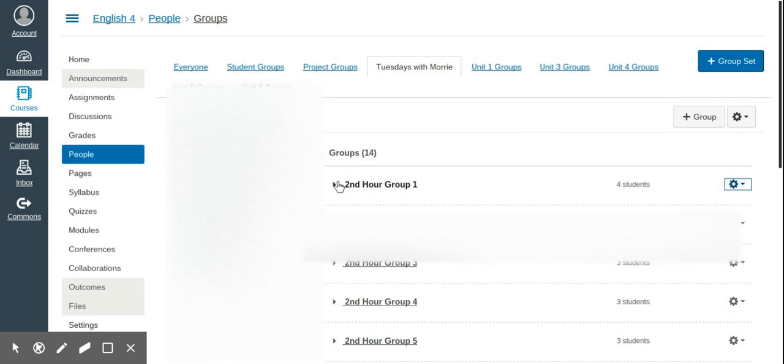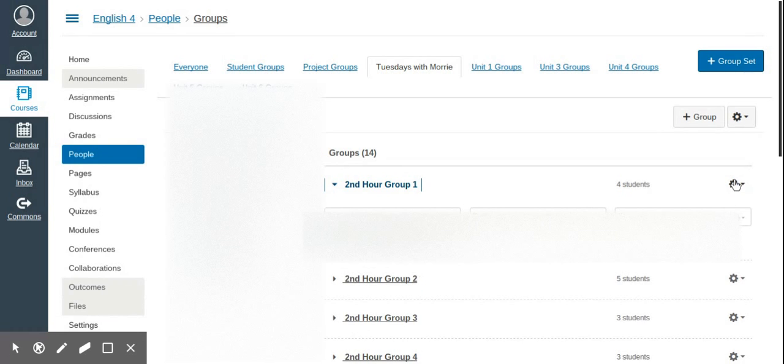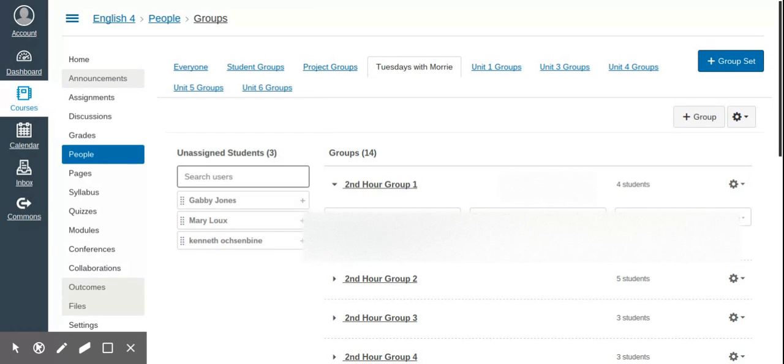If you click the drop down box for each one, you can see the students that are in that group. And you can move that student back to unassigned or to a different group as well. You can also click on the settings button and click move to, and then move them to a different group or set as the leader of that group. If you click on visit group homepage,